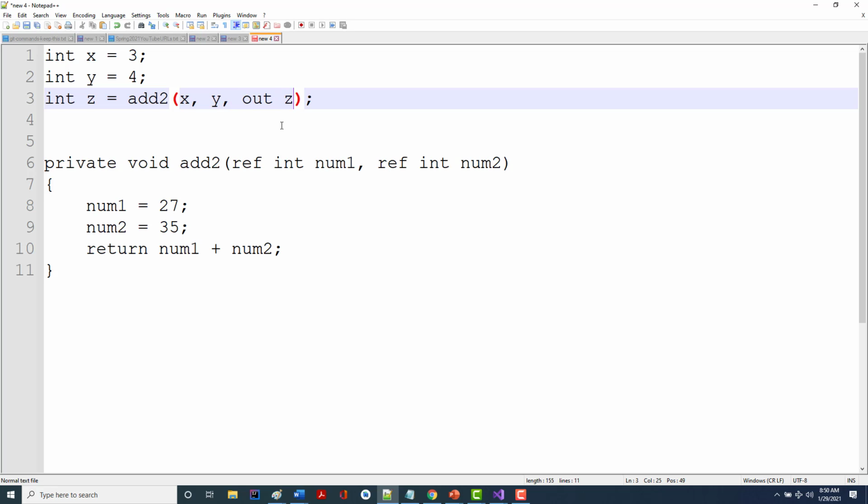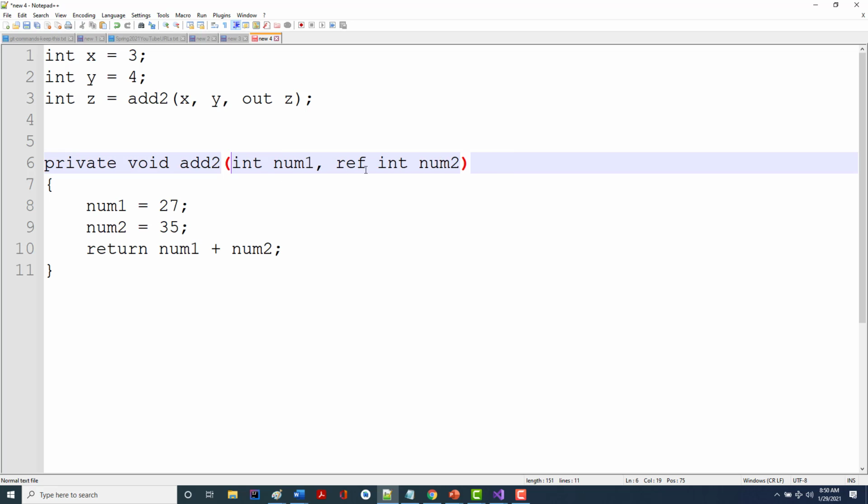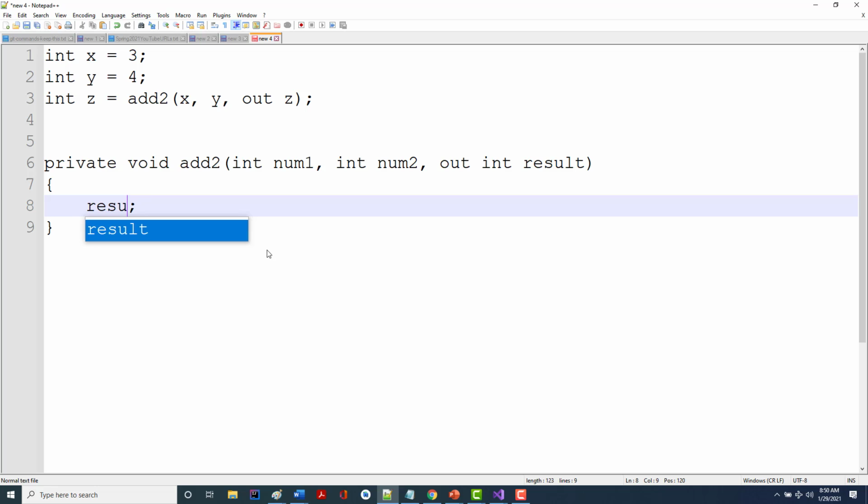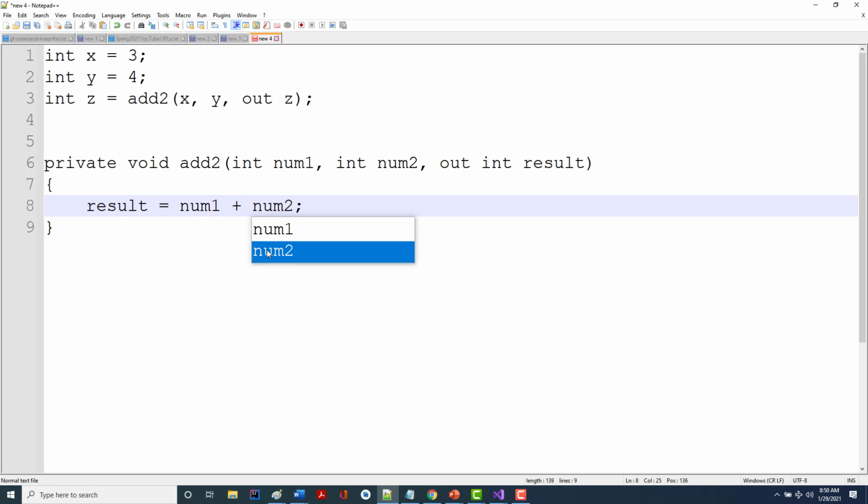Out z. So now I'm going to come back in here and I'm going to have my num1 and my num2. All right. And I'm going to have in here out int result. All right. So I'm going to say here result equals num1 plus num2